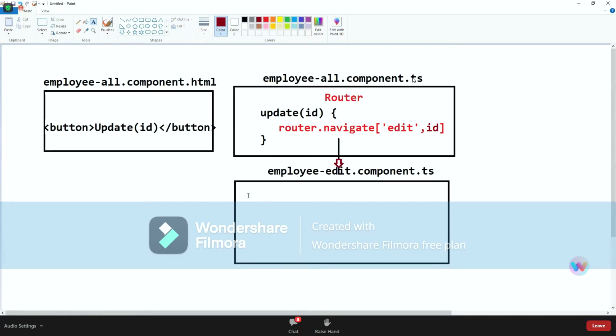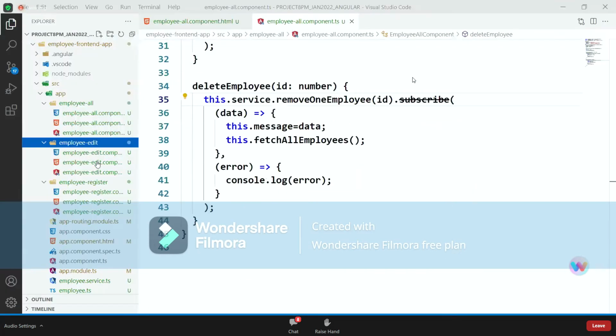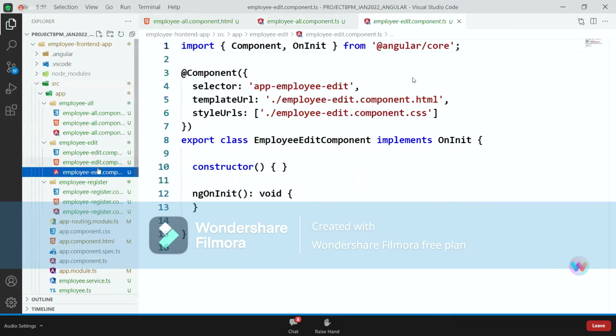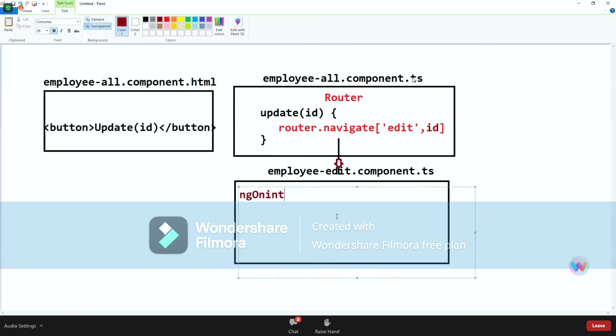So by default, it will load ngOnInit whenever you go to a particular component. There we have to read the ID. Read this ID by using the concept of snapshot params activated route.